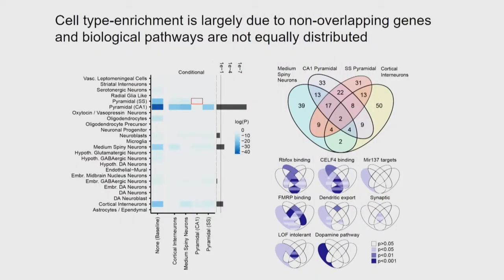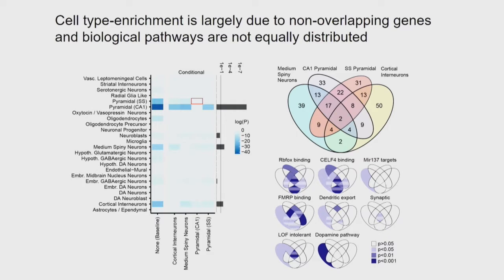Okay, so we have this schizophrenia heritability risk that is enriched in certain cell types. We now ask the question, is it the same genes that are conferring the risk to two different cell types, or do they have separate programs? To do this, we used a method where we normalized for the variability seen for the enrichment on one cell type and removed that portion from each cell type.